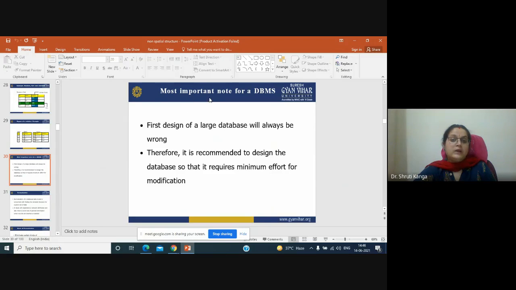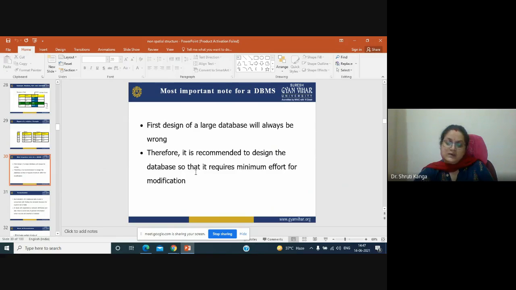Then the most important note for DBMS is that the first design of a large database will always be wrong, and therefore in case of DBMS it is recommended to design the database so that it requires minimum effort. ठीक है?